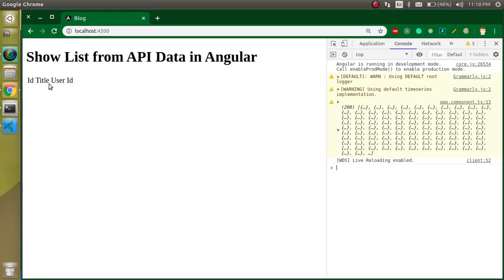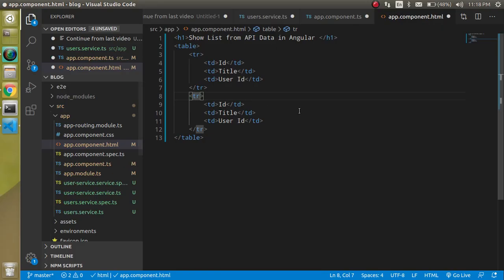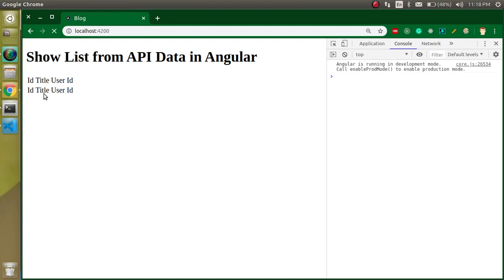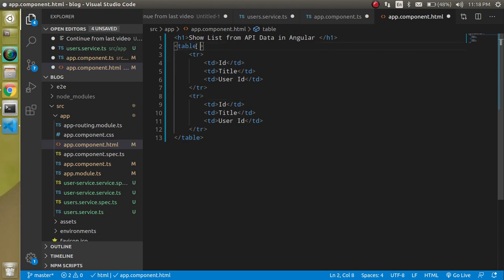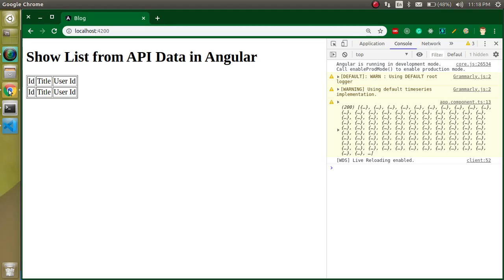Now you will see that we have, let's save it, two tr, but it does not look like a table, right? So let's use a border here, border 1. We should always use CSS styles for the border and design kind of things, but here we are just focusing on the logic. That's why we are just using HTML, right?